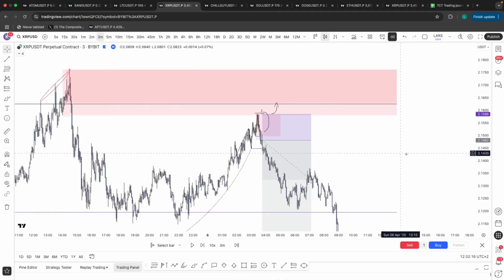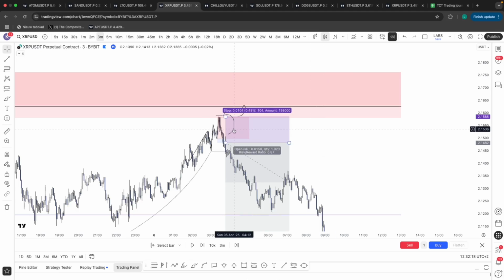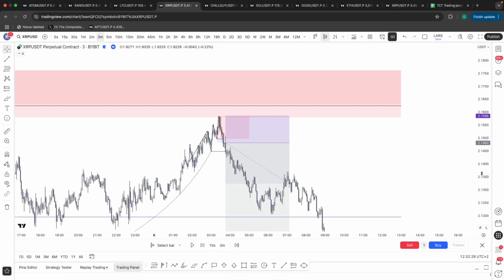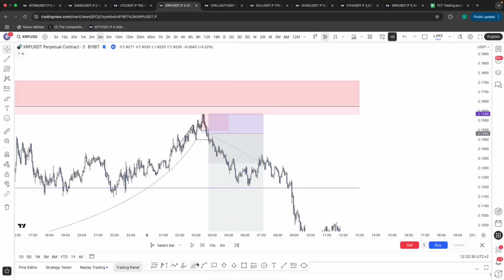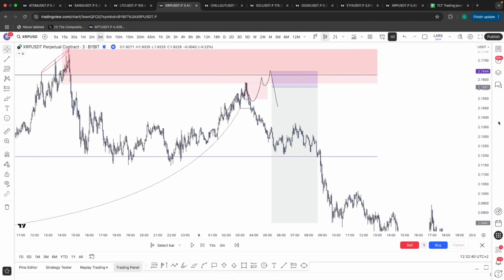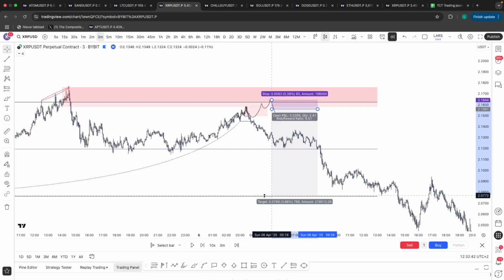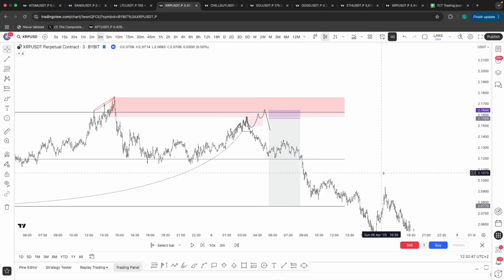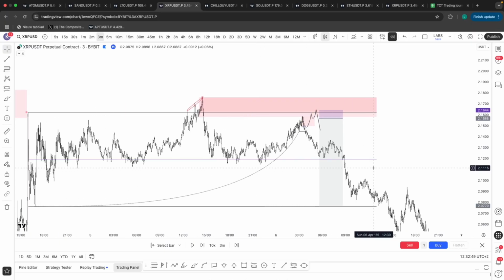Is there an opportunity that you might still get stopped out and price goes higher before you go lower? Yes, it's a probability game, right? But in this case, the probabilities are going to be in your favor to short. And if you get stopped out, then guess what? You may have to take a 1% loss before re-entering on a breaker structure back to bearish after mitigating the 15 that can allow for well over 10 RR win opportunities. So getting stopped out for 1 to make 10 is a trade and a bet that I would take every